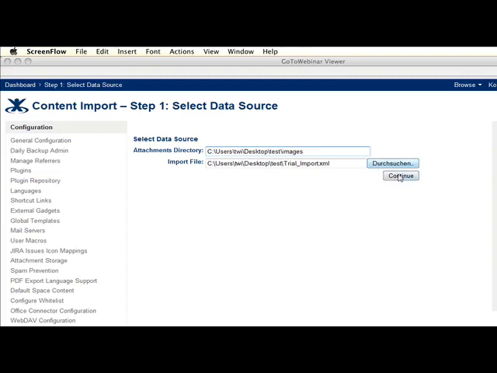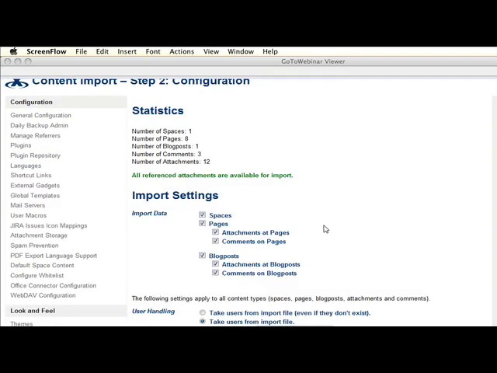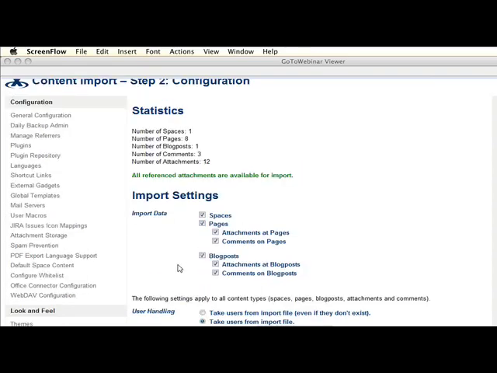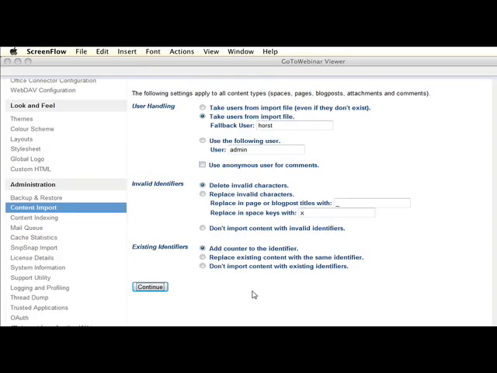Provide the attachments folder, press continue, provide a user, and then, yes, we are going to import one space. Press continue,